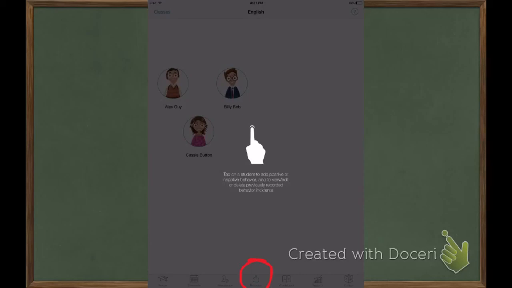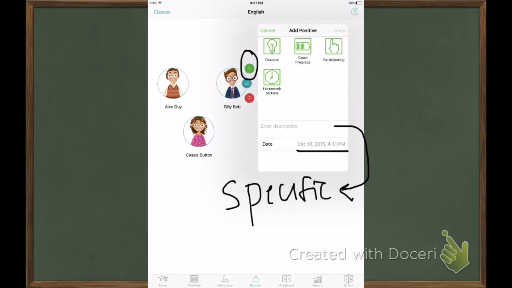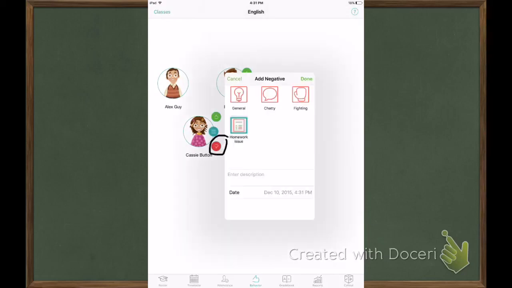And here is the behavior page. So you would just tap on the student and the little green thumbs up would pop up, or the red thumbs down would pop up. And you can pick one of the general things, or you can add a description, and then it marks the date and the time. Now here is Cassie. She had a negative behavior, so I clicked on